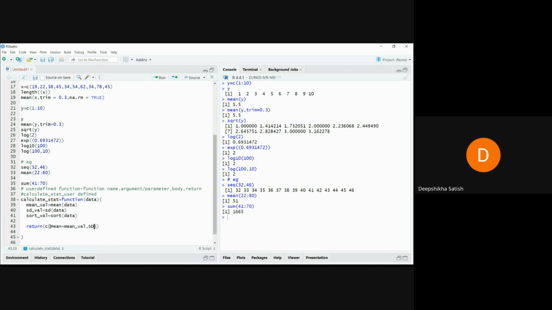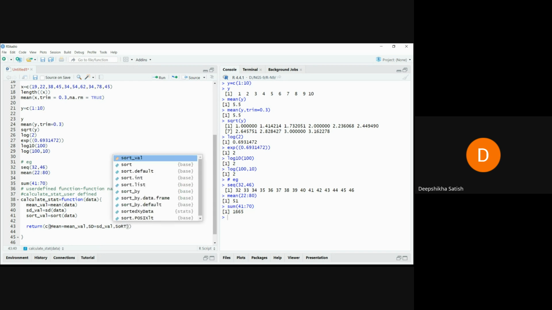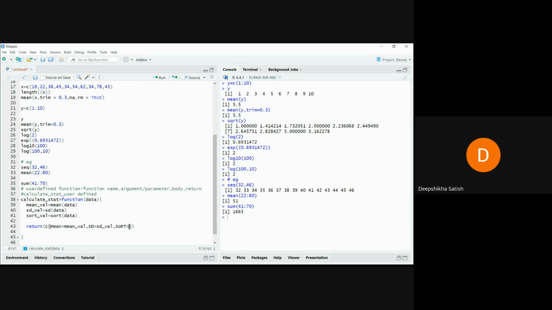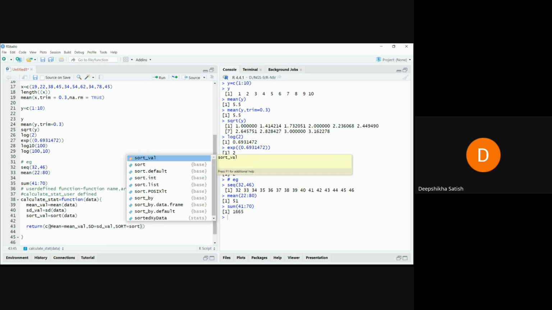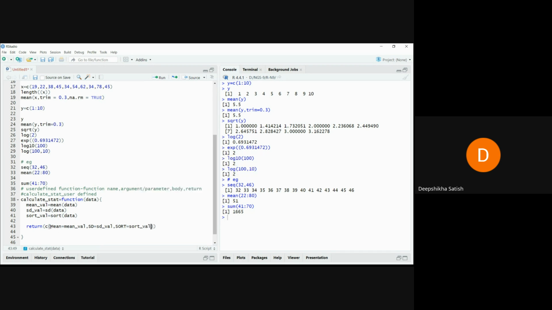Then standard deviation by calling sdval. And what else do we have? Sorted data, sort. So for here, let's call this sortval. Okay, so this is our return statement, and this is the completion of the